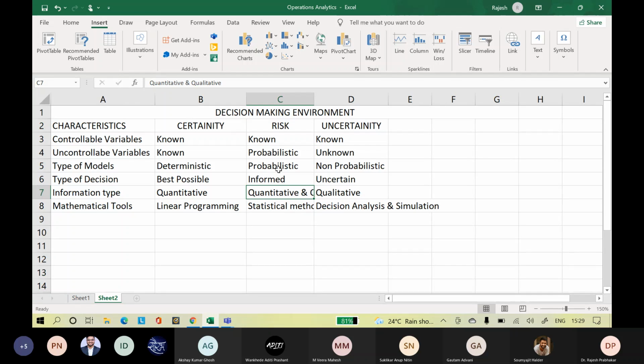In all these places, you will have variables which are under your control and uncontrollable variables, and you have to work with both of them. You have to gather information quantitatively and qualitatively, and use that information in mathematical models. So this is a brief understanding of various conditions which we see in operations analytics.